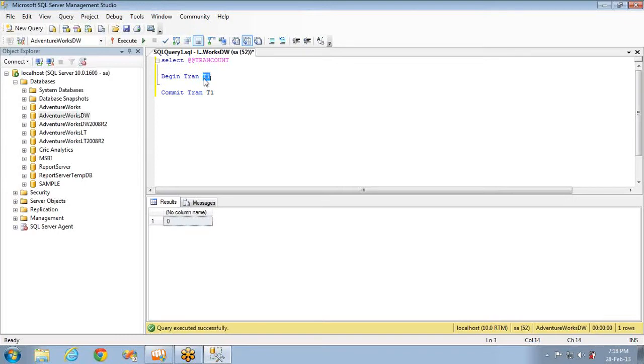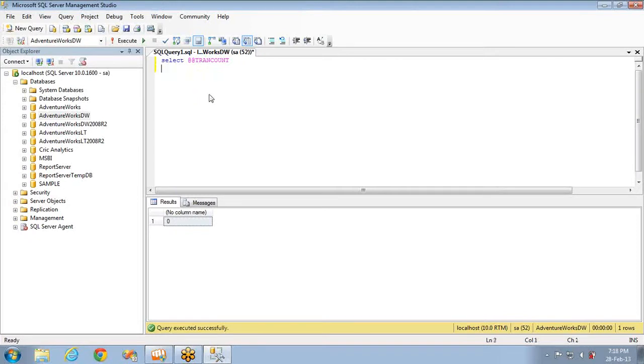Here T1 is the name I have given to the transaction, and while nesting you need this. That is why I explained how to give the transaction names. You can provide any name like tran1 or whatever name you want. Begin tran transaction name and commit tran transaction name. Now let's talk about nesting of transactions.